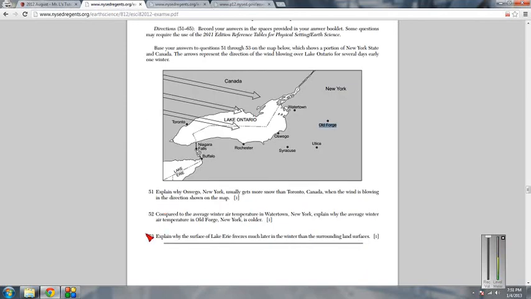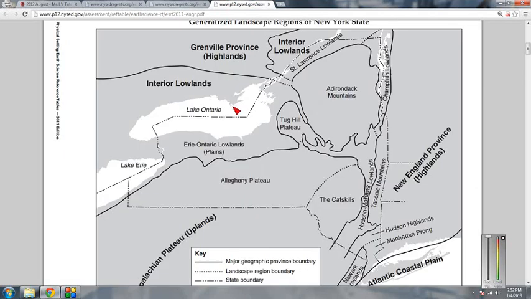And number 53. Explain why the surface of Lake Erie freezes much later in the winter than the surrounding land surfaces. There's kind of two trains of thought here. One you could say is that only the topsoil of the actual continent will freeze much more quickly. Okay, so you're only talking 18 inches of soil. When you're talking about Lake Ontario, I don't know exactly how deep it is, but I'm sure it's hundreds of feet deep. It's really, really deep. So to cool all that water down and then for it to totally freeze is going to take a long time. Another thing that you can look at, and really the way I originally thought of this question was,